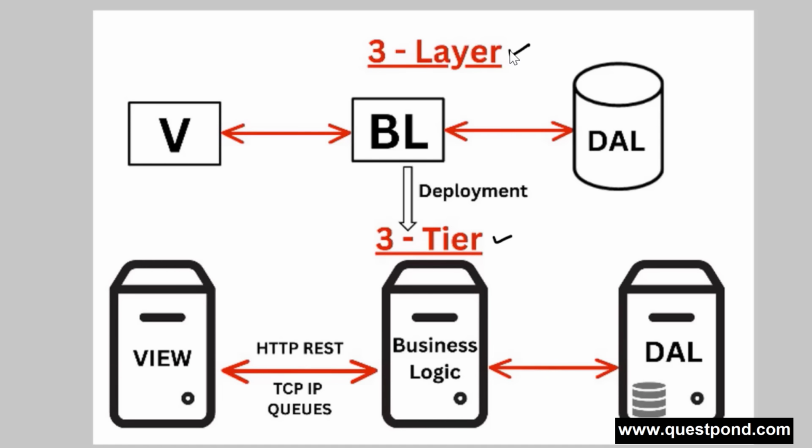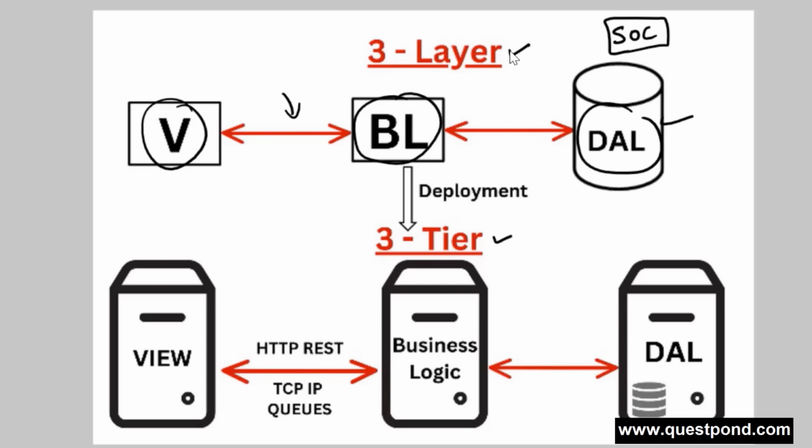First thing, both of these actually emphasize one very important point which we have discussed in one of the previous questions, which is separation of concern. That means every layer or every entity will do only its own thing. So when you say 3-layer, that means your project is divided into 3 layers: the view, which is the presentation; the business logic, which has the model and other things; and the data access layer, which talks with the database, right? So when you say 3-layer, your project is organized in logical layers like this. So this is more of a logical